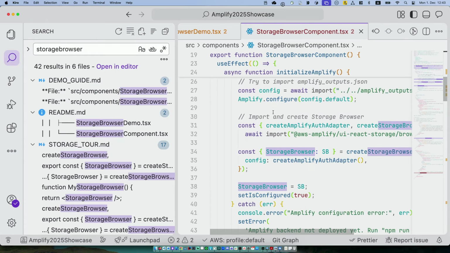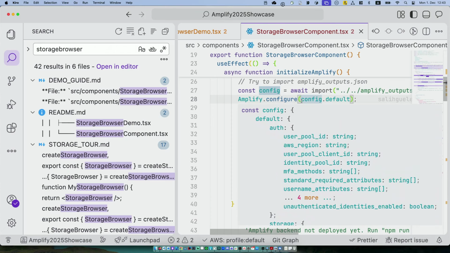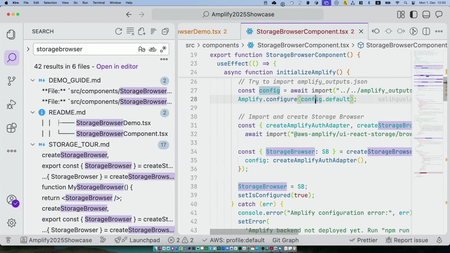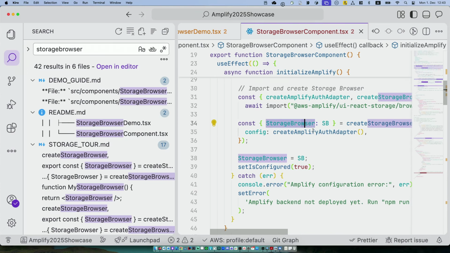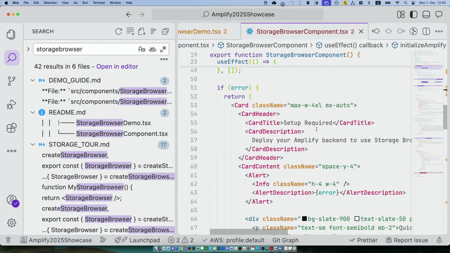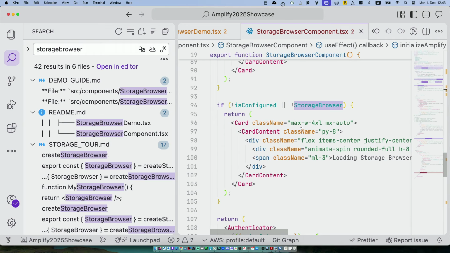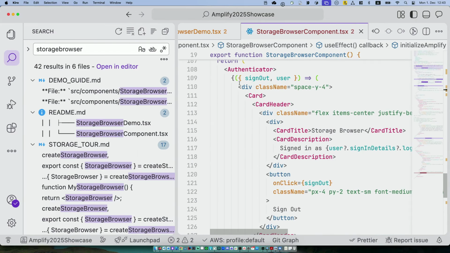Yes. So everything that we have here, we are first configuring the browser here, the Amplify here. Before we use the Amplify libraries, we have to pass in the information directly. The storage browser here gets the adapter to get the authentication, not only authentication, but authorization flow work as well. The storage browser works directly through the UI components that you have created, and you can just embed it into anything, including the card components as well.